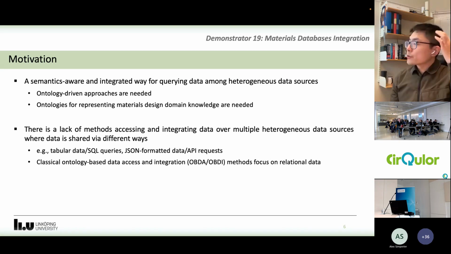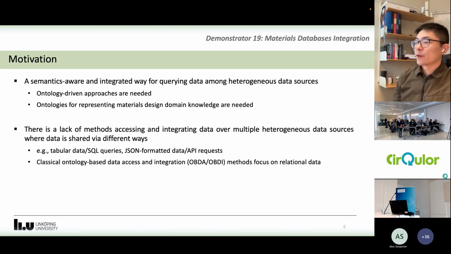Although we see an ontology-driven approach can play a role in data access and data integration, there are still challenges. For example, classical ontology-based data access and data integration approaches focus on relational data that can be viewed as stored in relational databases. But in the materials design domain, and also in many other domains, data can be modeled and shared in different ways. For instance, data may follow a relational model or a non-relational model.